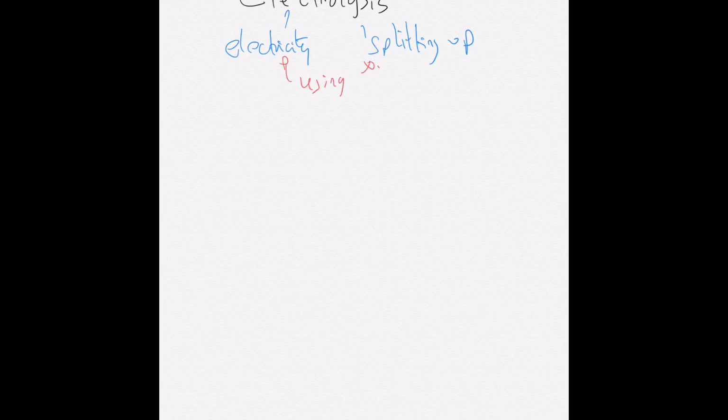This is iGCSE Chemistry and today we're going to have a look at electrolysis. So lysis means splitting up, breaking apart. Electro, no prizes for guessing, is electricity, so it's using electricity to split stuff up. And the stuff is